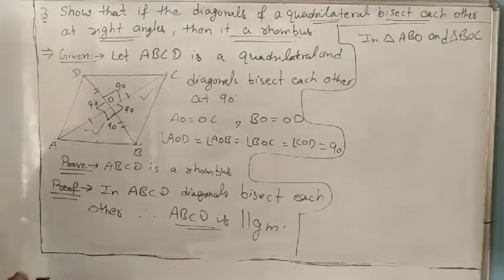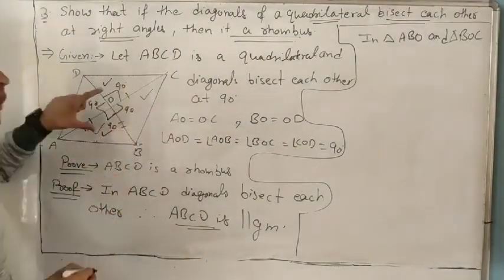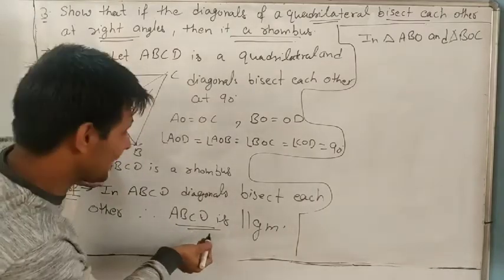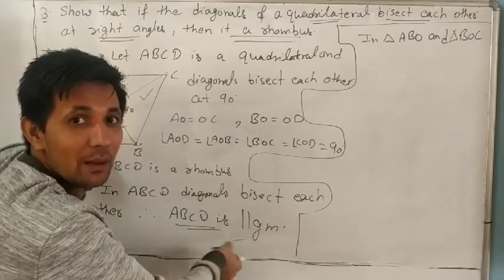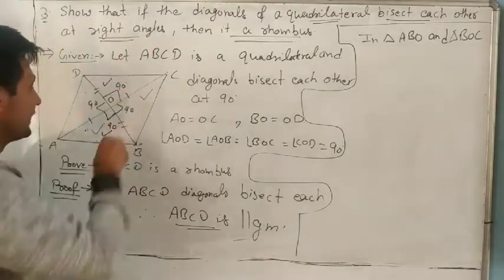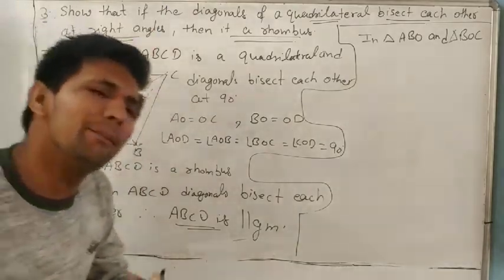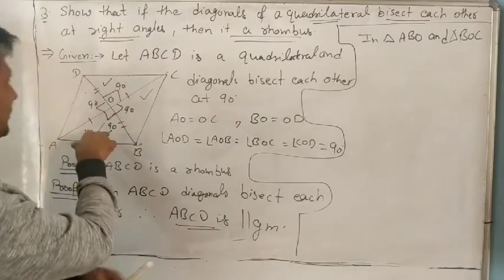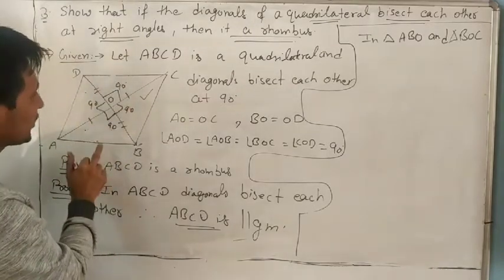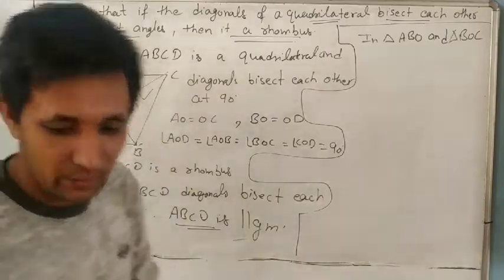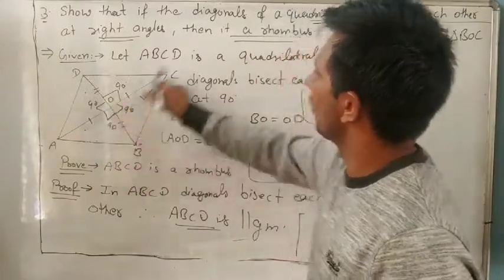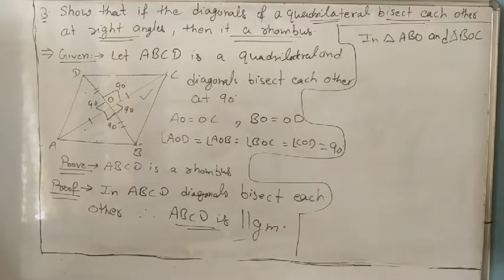And suppose you are taking this triangle and this triangle, there is no need to prove that. These are already equal. Why? Because we already proved that ABCD is a parallelogram. If ABCD is a parallelogram, it means opposite sides are always equal. It means AB equals DC, which we already proved. No need to take these two triangles. Our only focus is to prove that this side equals this one. So take triangles ABO and BOC.